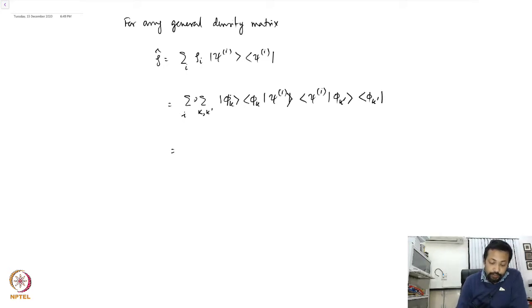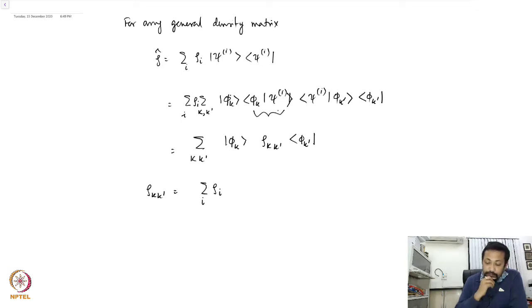So there is a rho I sitting outside over here, so this one I rewrite as |phi k> rho k k prime <phi k prime|, with rho k k prime the sum over I of rho I, this one is a k I and this one is a k prime star I, so you have a k I